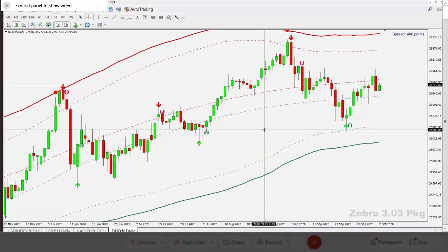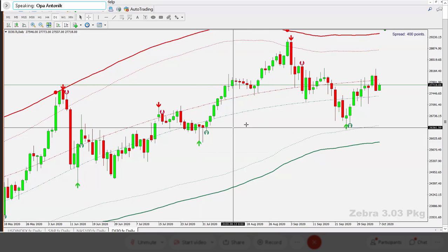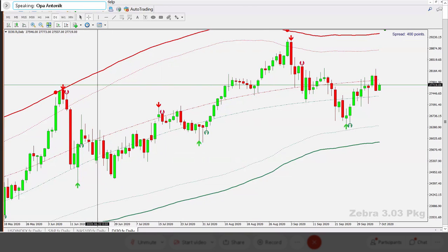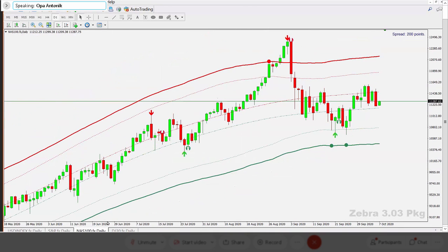Don't get discouraged by seeing several days of no trading. No big deal. All right. So here we can see, here's the Dow, here's the NASDAQ,